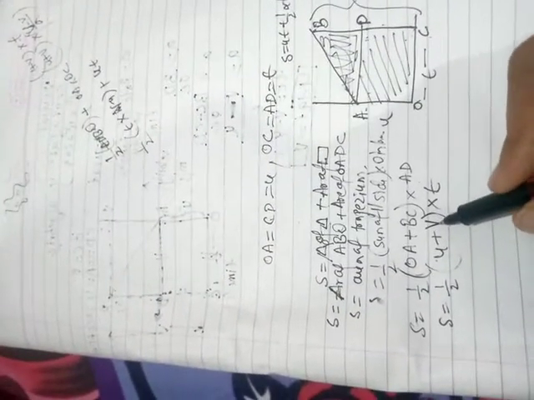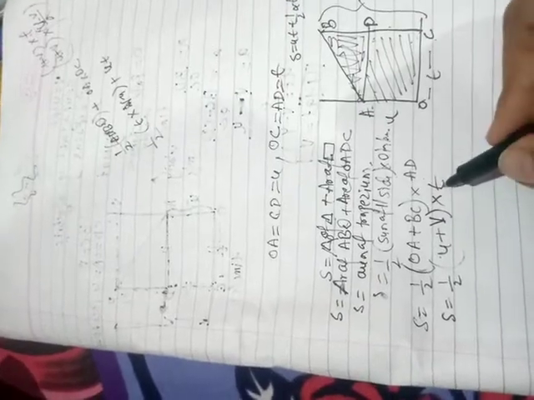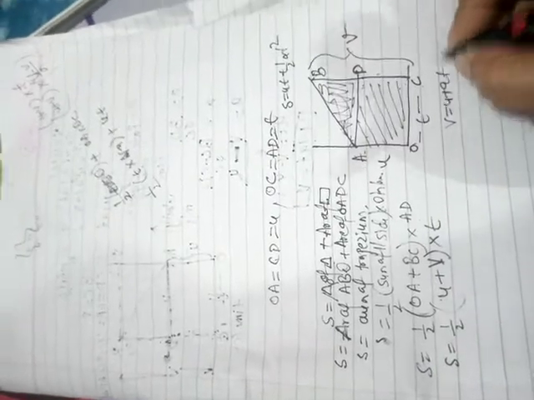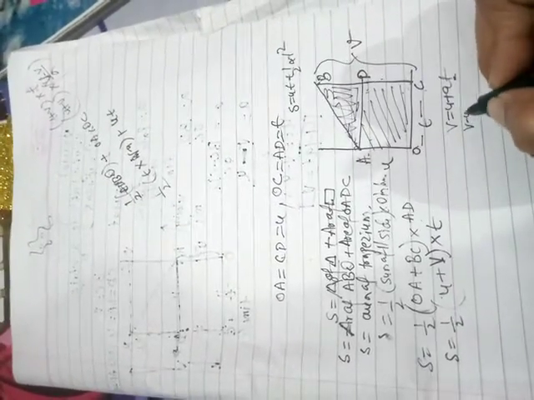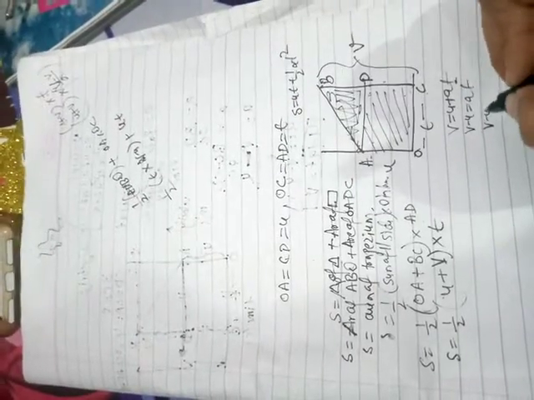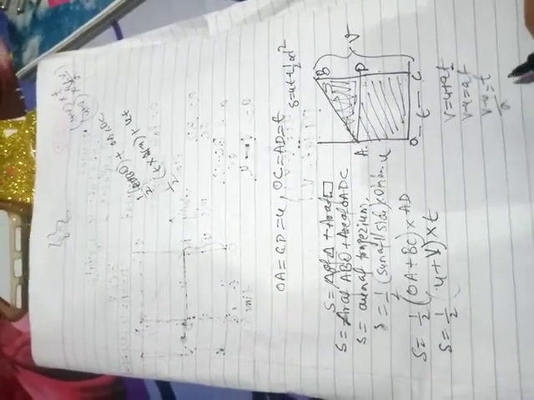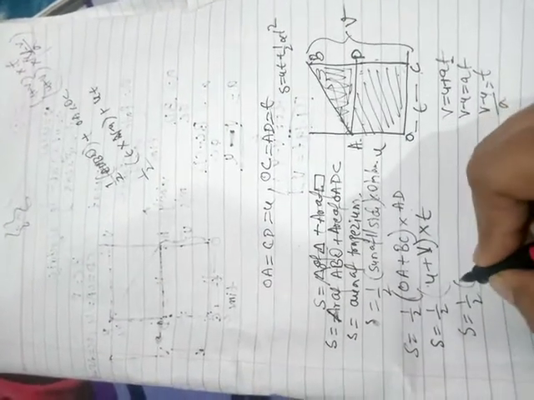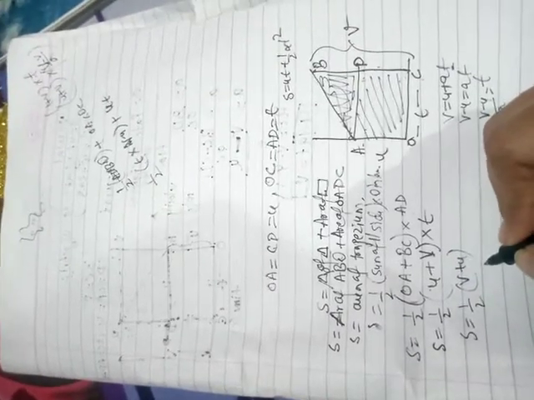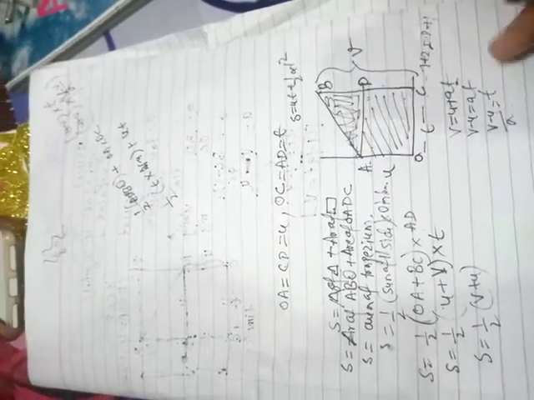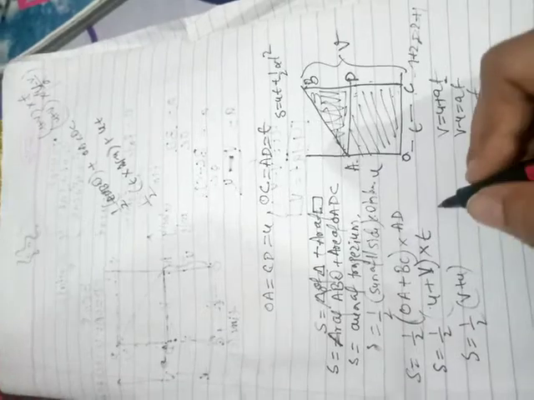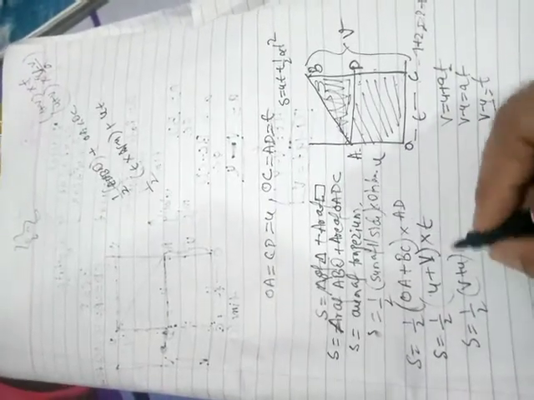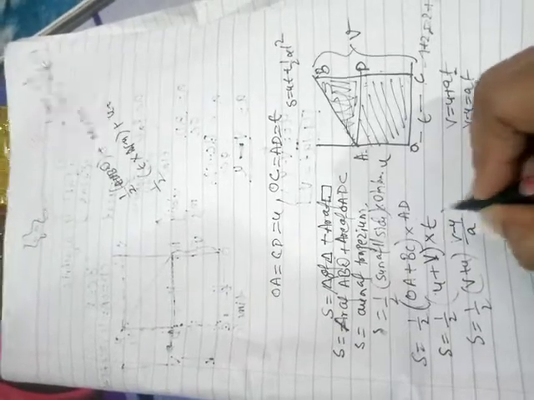Now after this, there we have kept the value of V. Here we will keep the value of T from first equation. V is equal to U plus AT. Just take out the value of T. So V minus U is equal to AT and V minus U upon A is equal to T. Yes. So now instead of T what we can write, and this also U plus V can be written as V plus U. Any problem? No. 1 plus 2 can be written as 2 plus 1. No issues. So we have written V plus U. Now later you will come to know why I am doing it. Instead of T, write down V minus U upon A.